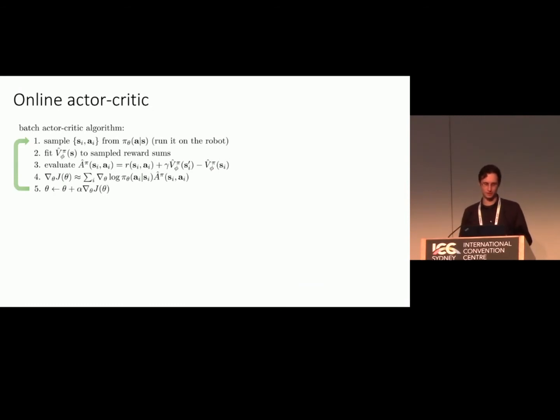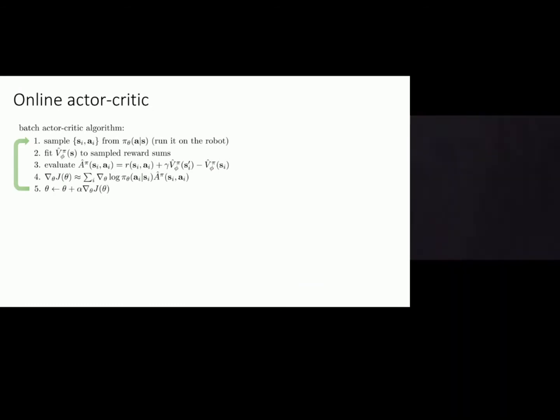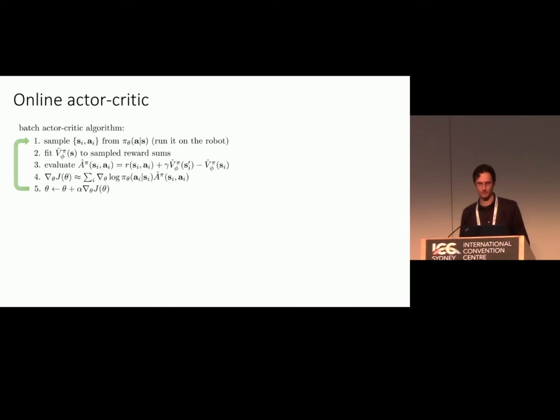And now I've just plugged that discount factor into the batch mode actor critic algorithm in step number 3. We can also derive an online version of the actor critic algorithm. We couldn't do this for policy gradients before because for policy gradients we need to sum up all those future rewards, but we can do it for actor critic. So the setup is very simple, but now it's going to be fully online. You take one action with your policy and you record the state, the action, the next state that you got, and the reward. You're going to update your value function estimate with one gradient step on just that r plus